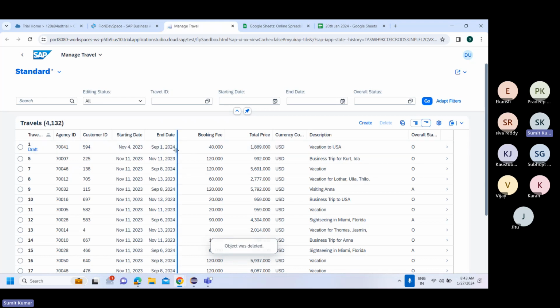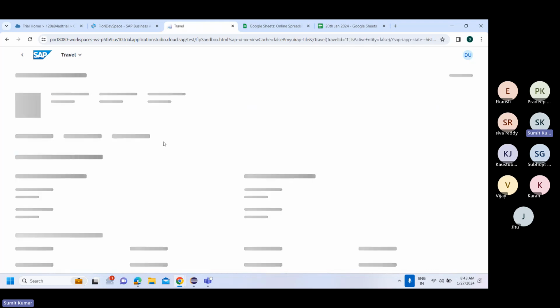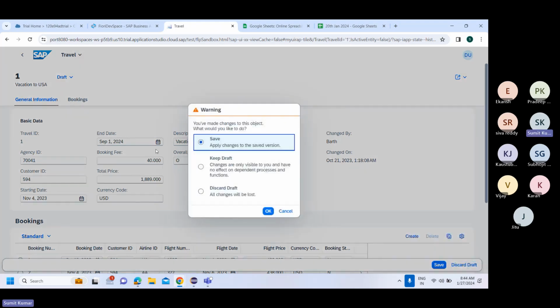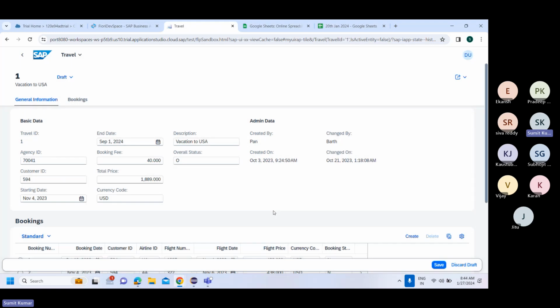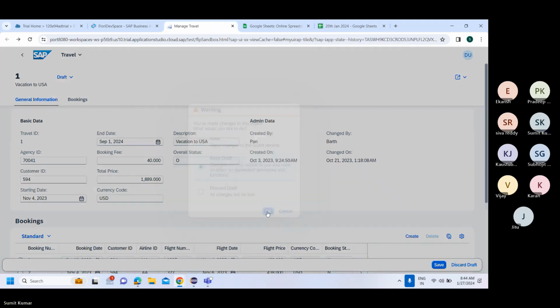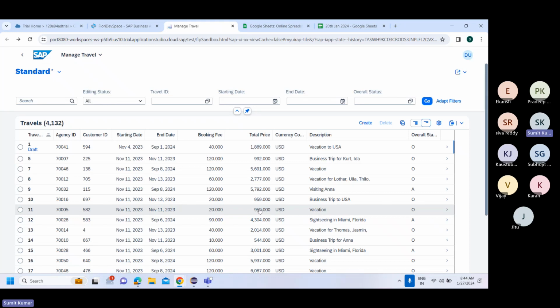I'll just try to, for example, go ahead and view the draft record that's existing. I'll just discard this because we would like to understand it from scratch. Maybe there is some data inconsistency not allowing me. No, just leave it. Now, what is something that ultimately,